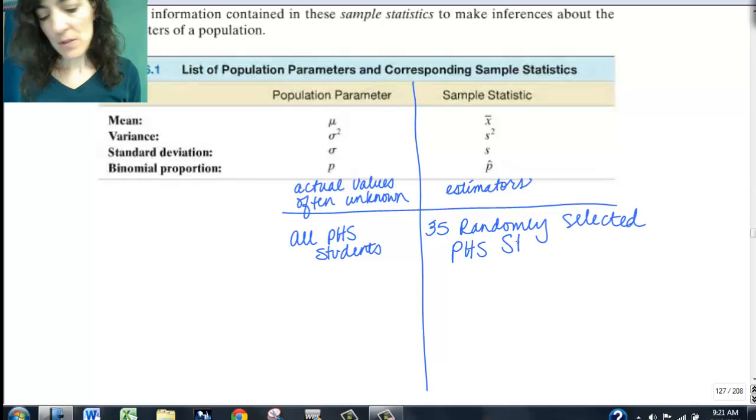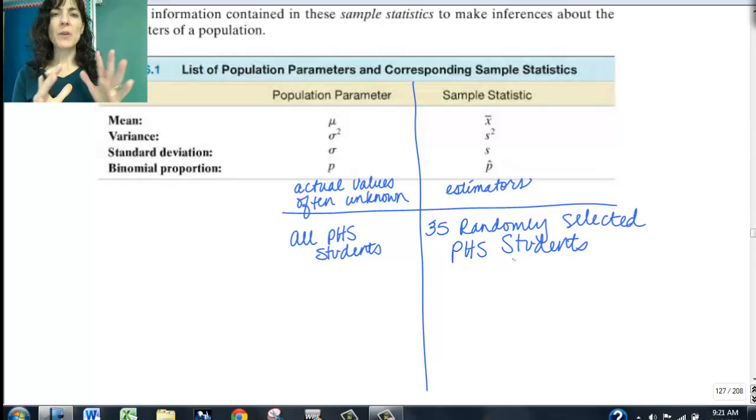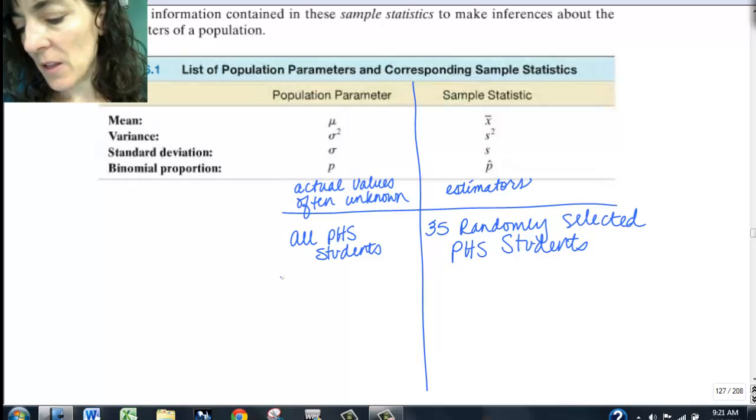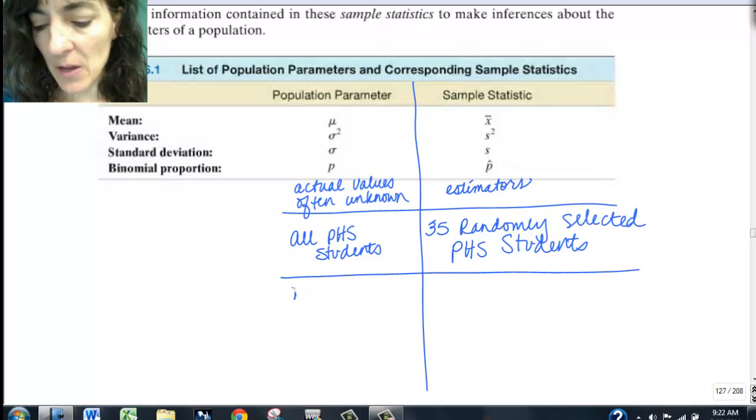PHS students. Okay, so remember that wording all goes with population because we're talking about everybody that is of interest to us in a particular question. And then for a sample, we would talk about the smaller group and that we had randomly selected them, because remember, the random selection is what keeps us from having a lot of bias or other error that we don't want in our sample. Okay, and then one more example, we could say all